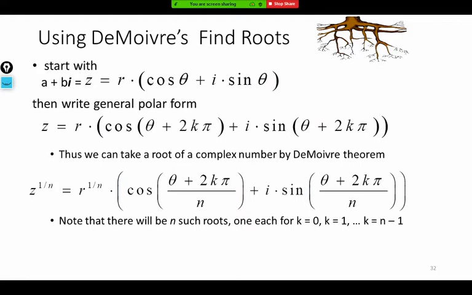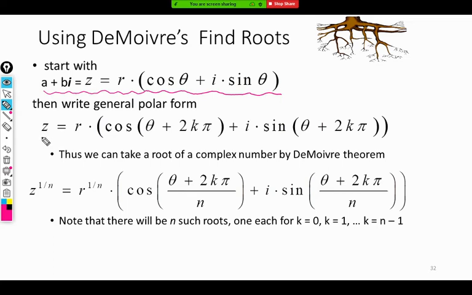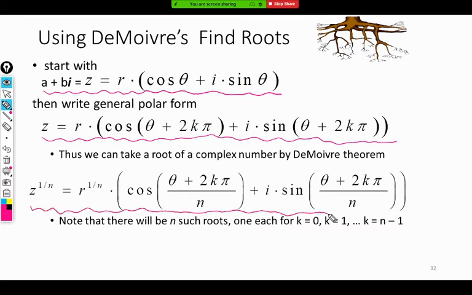So if you want to write like this. Step number one, write a polar form. This is step one. a plus bi is equal to r times cos theta plus i times sine theta. That is step one. Step two, general polar form. You write this statement. And step three, applying De Moivre's theorem, and replace k by 0 to n minus 1. So once you complete it, tell me. We'll move to the question then.